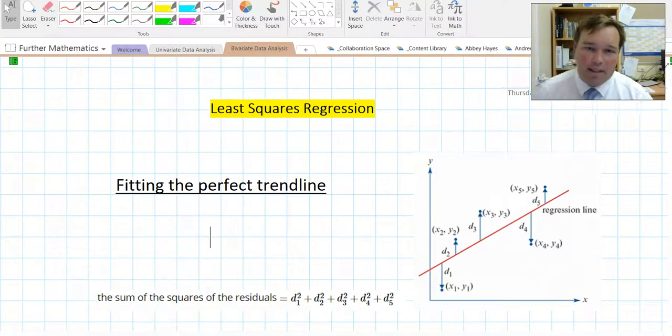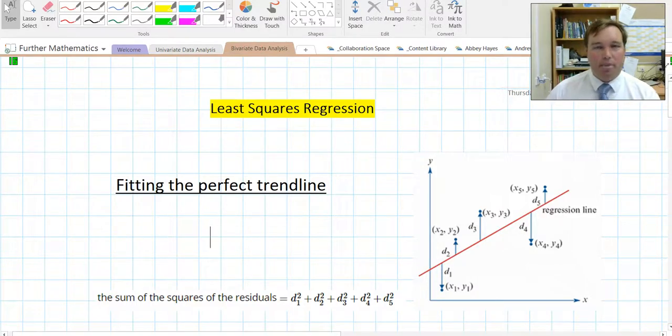So, our calculators have a very nifty way of making sure they have the perfect line that goes through the points. And it's called least squares regression. It's regression that minimizes the square of the residuals. What I mean by that is, if you see each of these points on this scatter plot, that's point number 3, point number 2, point number 1, you see if we draw a line through all of them, we're going